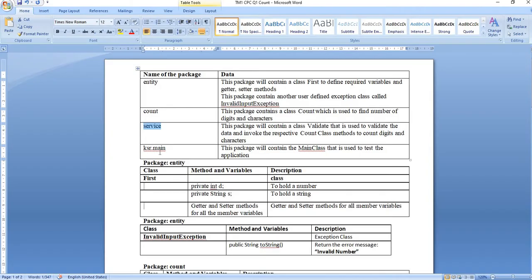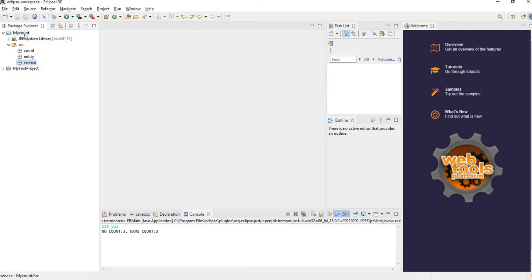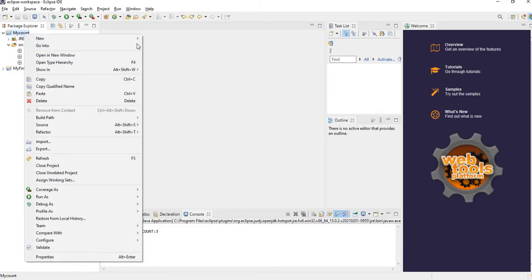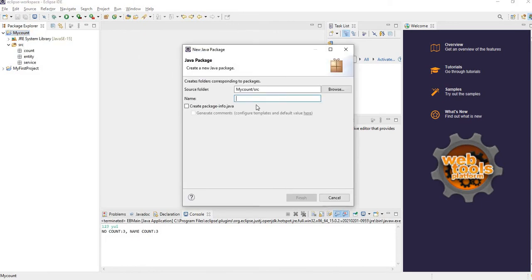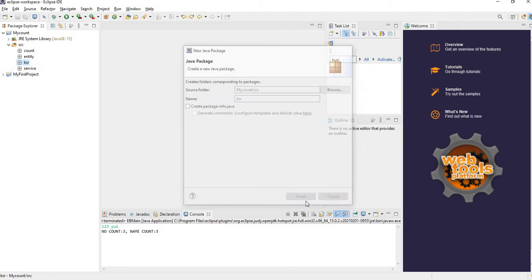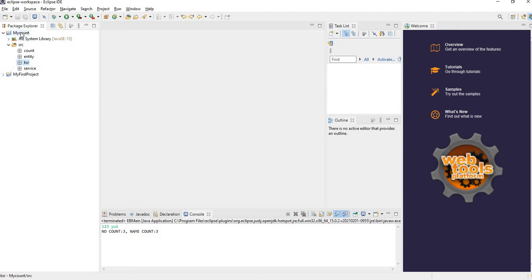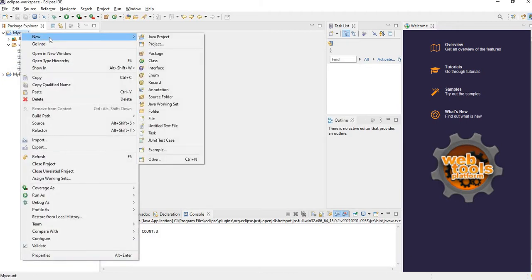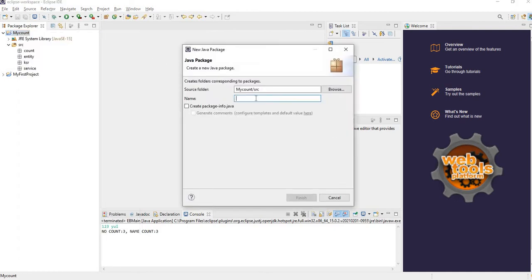And under KSR there should be a main package, so let us right click, New, Package, and give the name KSR. This package is created now. Now we have to create the main. The main package should come under the KSR, so we rename the source folder as KSR.